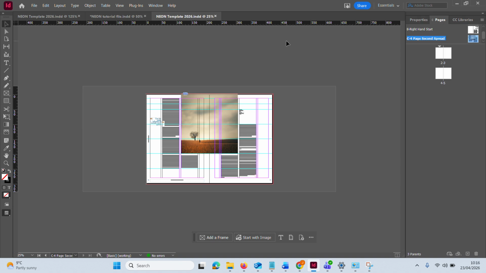So you're going to be creating a double page or a 3 page or a 4 page spread, depending on what you agree with your Neon editor. And you'll need to be able to navigate through your pages, and this is a place that you can do that. I want to introduce you to some